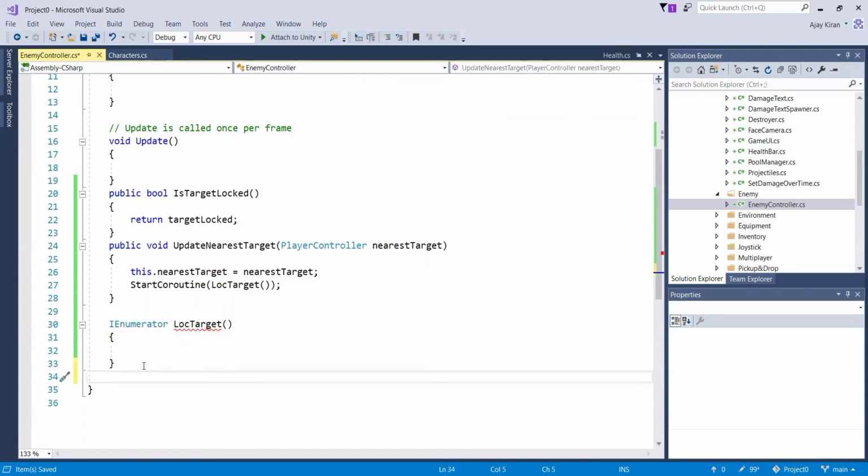Now we are gonna have another method over here to check if the target is within the chasing distance of the enemy. So I'm just gonna call it is in range,